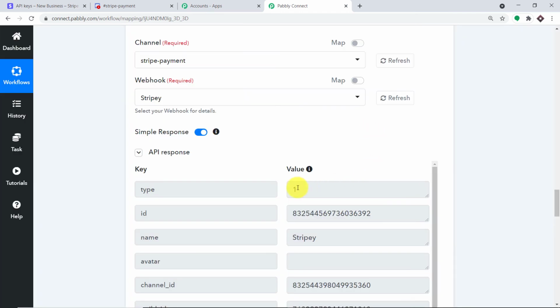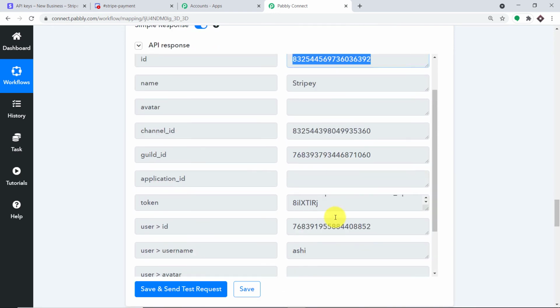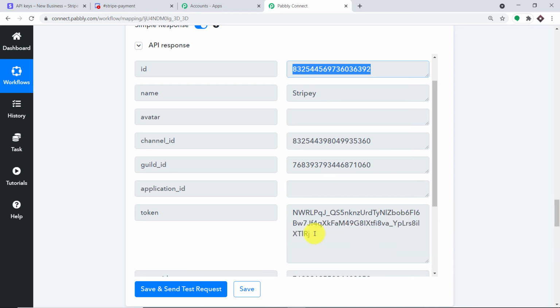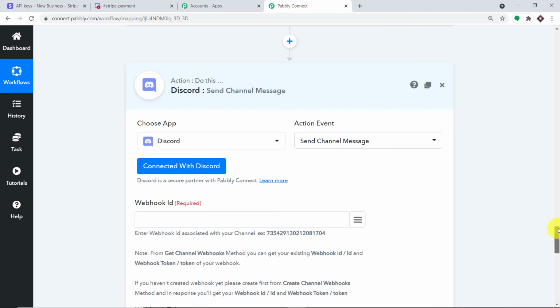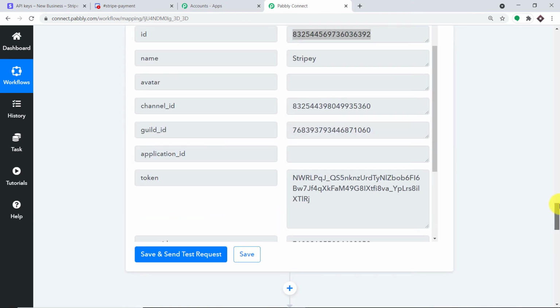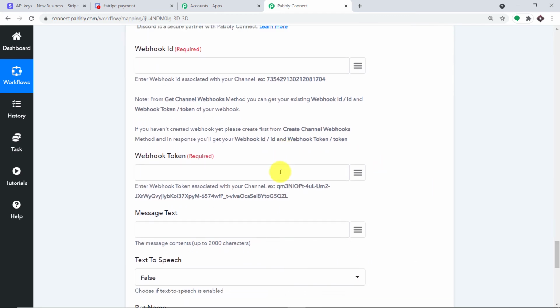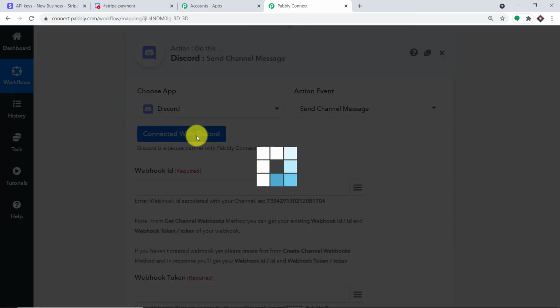Okay, so as you can see, this is the ID we want, and then we have the token. Let me just show you the token. So this is the token. Basically this ID will come here, and this token will come here. Okay, it's that easy. So before we map all these details, let me just again click on connect with Discord